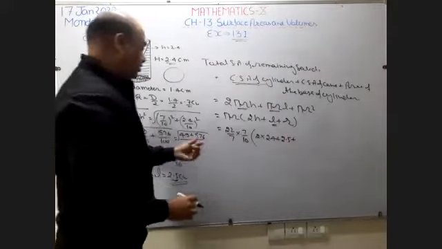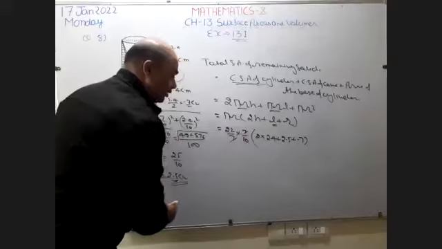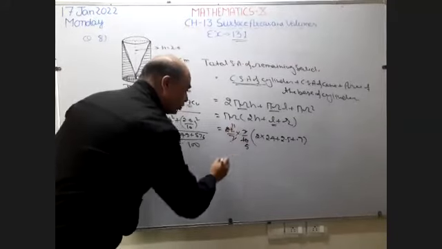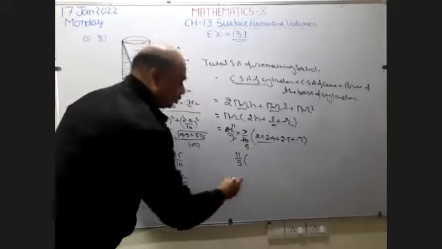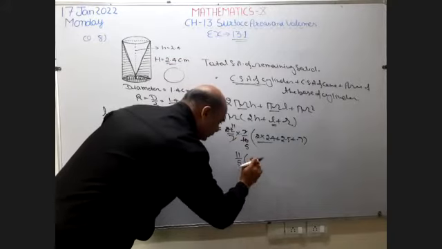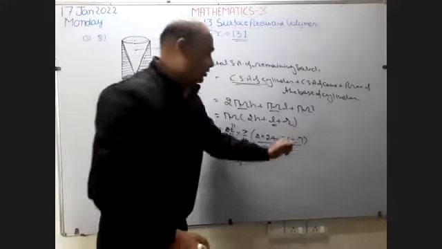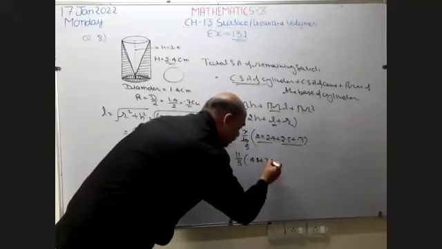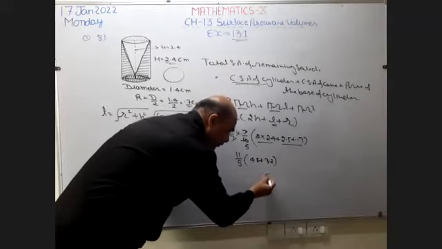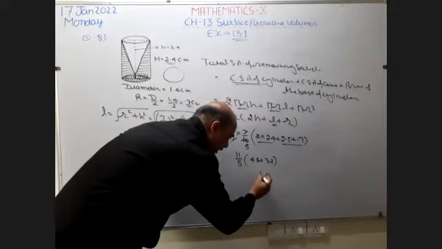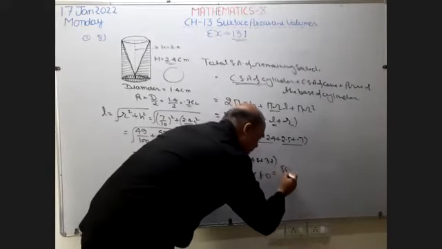After that, r means radius. What is radius? 0.7. So right here 0.7. Now this 7 is going to be cancelled with 7. 2 5s are 10. 2 1s are 2. This becomes 11 by 5. Bracket start. Multiply 2.4 by 2. So this becomes 4.8, plus 2.5 plus 0.7. So this is going to be 3.2. Okay. Now add these two values. 4.8 plus 3.2. 8 plus 2, 10. 4 plus 3, 7. 7 plus 1, 8. This is going to be 8.0 into 11 upon 5. So this is going to be 88 upon 5.